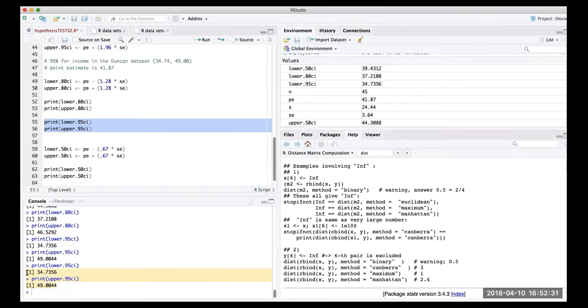It's only in 5% of samples that we would have a true population mean that lies outside of our confidence interval. So what we can say then is, based on a sample of 45 people, we're going to have a confidence interval that ranges from 34 to 49, and we're 95% confident that our true population mean of 42 lies